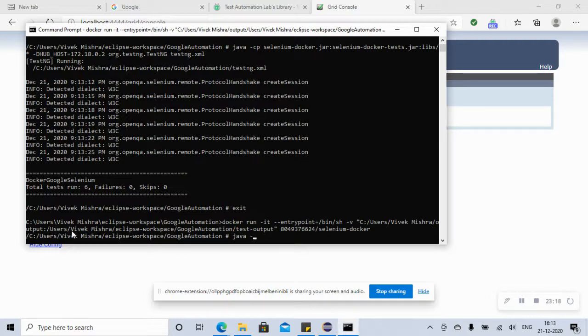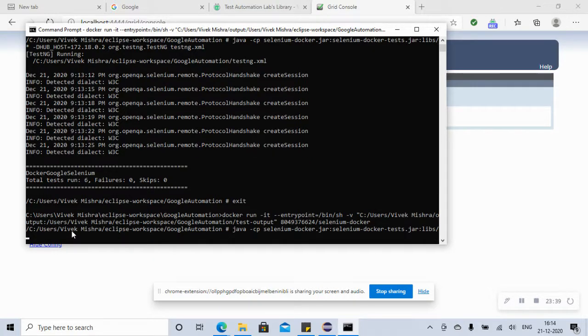So let's see, Java -cp selenium-docker.jar, then selenium-docker-tests.jar, then libs, and then -Dhub.host equal to